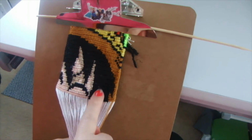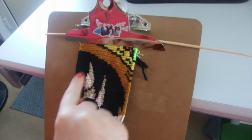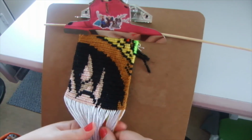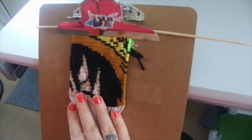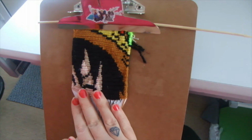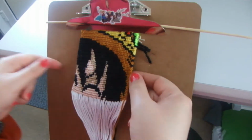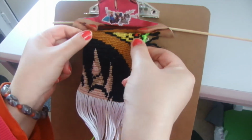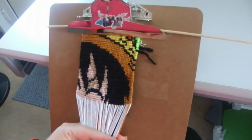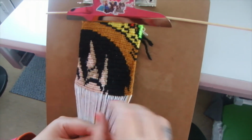And I don't know if you can see the actual black thread and the beige colors have some sparkles. I chose this color with sparkles on purpose, so that when it's hanged on the wall it can sparkle as it moves, in case there is a little bit of wind going on in my house. So I thought I'm going to use this thread to give more edge to this piece. And it's far more straight than I thought it was going to be. The edges are far more straight, and